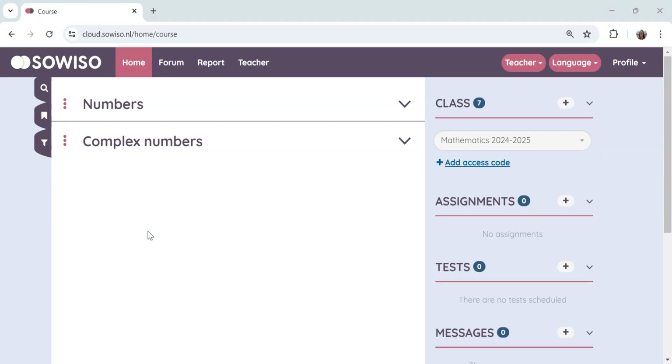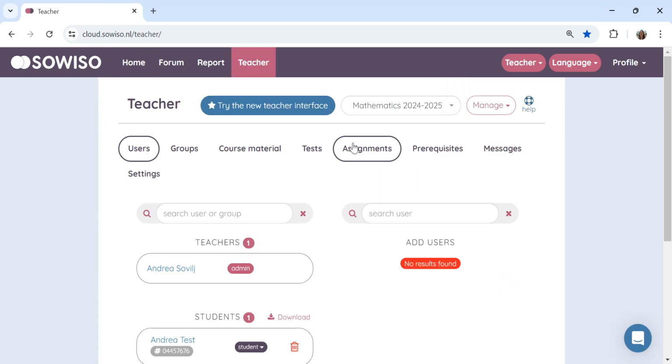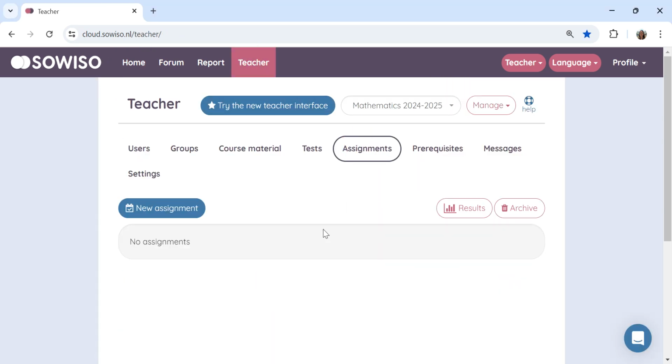Now we're going to make an assignment. And to do that, we're going to go to the Teacher tab here, and then to Assignments. Right now there's no assignments here, but usually they would show up in an overview over here. I'm going to click on New Assignment,